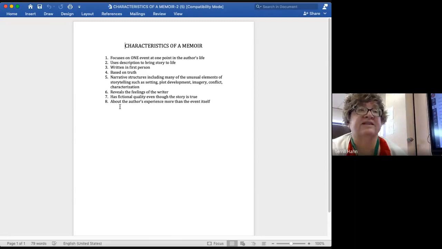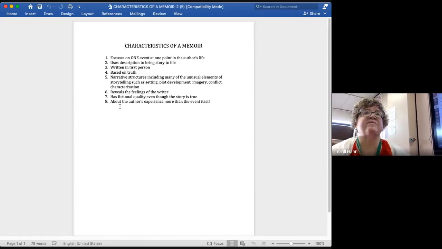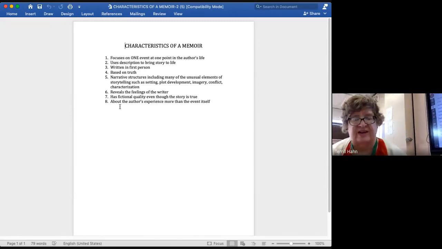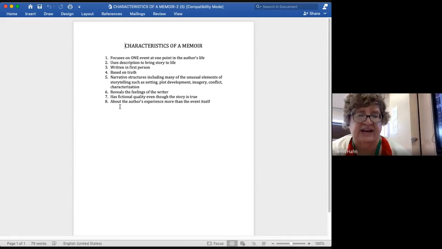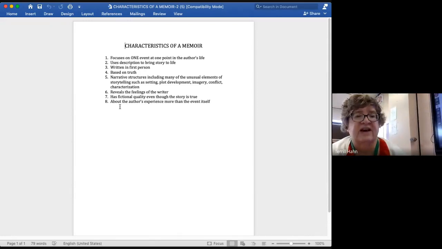So we say based on truth because it needs to be a true event. But sometimes when we're looking back on things, we may not get all of the details quite right. It's our memories of the details. Okay. So that's why we have to say it's based on truth. It's as true as we can possibly make it. It actually happened, but sometimes those details may not be the way we remember them, but we put down what we remember. Okay. So I guess it's our truths. This is how I remember it.